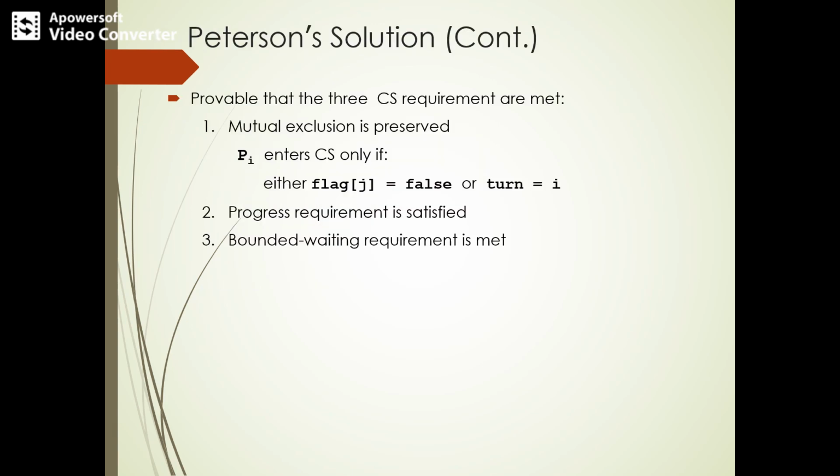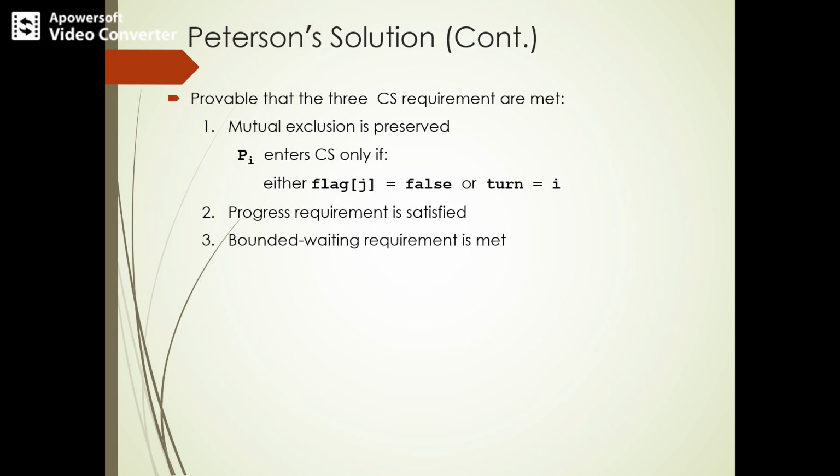Peterson's solution provides three kinds of criteria. As we have seen, the solution for the critical section problem requires mutual exclusion, progress requirement, and bounded waiting. In this, mutual exclusion is preserved. How is mutual exclusion preserved? We have seen the conditions for the while loop. Even though it is j's turn and process j is ready to execute, it has to do nothing. Process Pi enters the critical section.